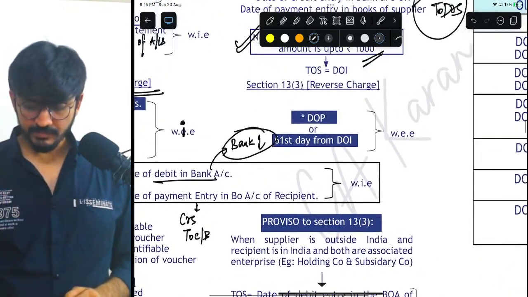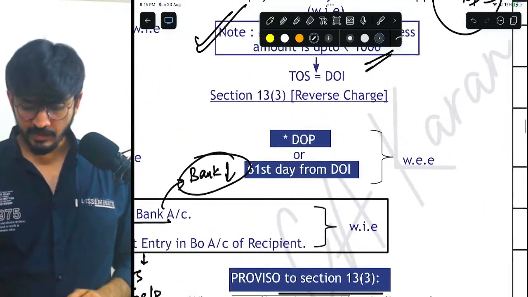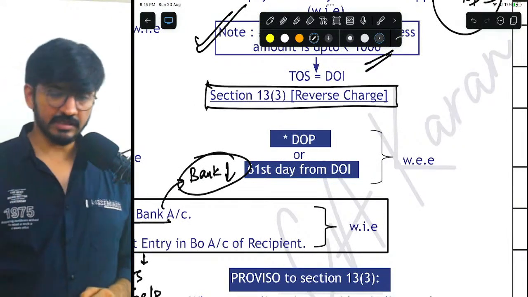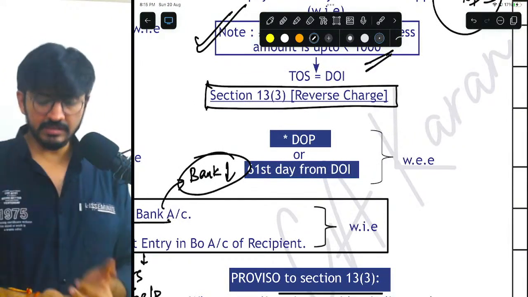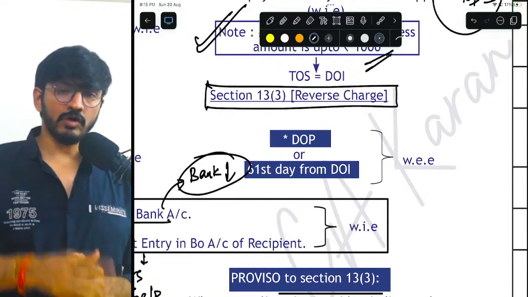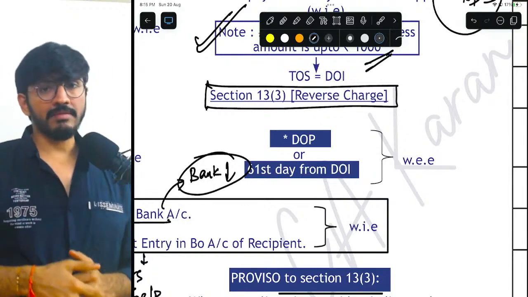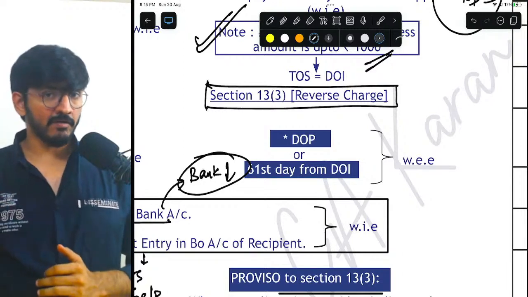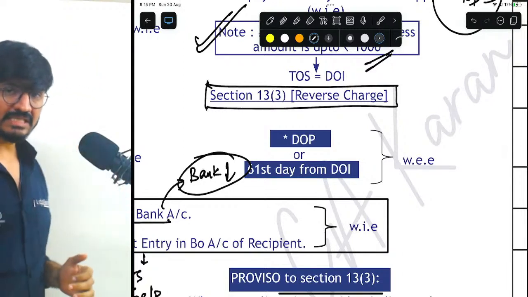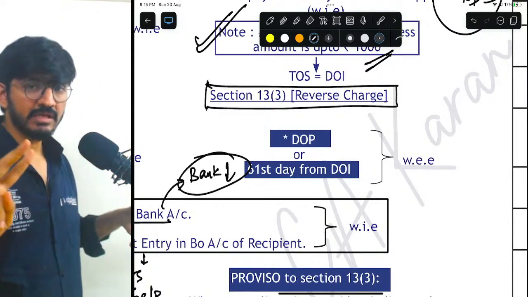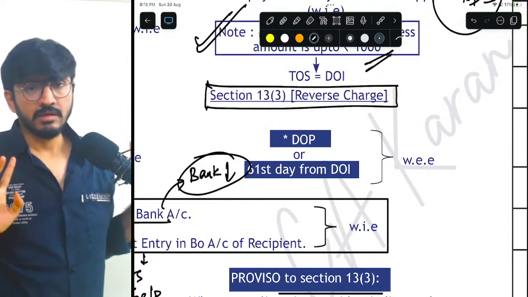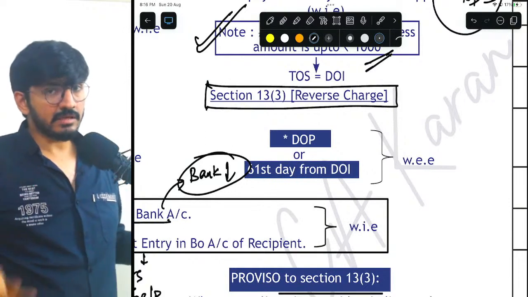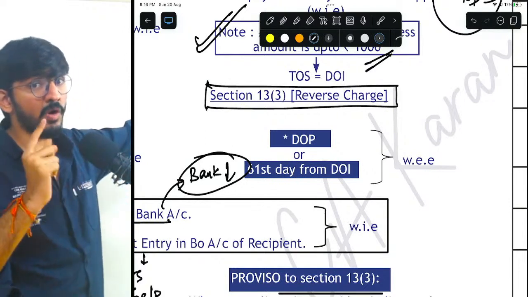Next, what is next, brother? Next, my dear friends, is 13 subsection 3. When I say 13 subsection 3, what do you mean by that? It talks about reverse charge. So again, you will look at that from the perspective of recipient. Now, in this case, understand there are only two events: date of payment, and instead of 31st day, it is 61st day. So you will ask, sir, in that case, in 12.3, we also spoke about